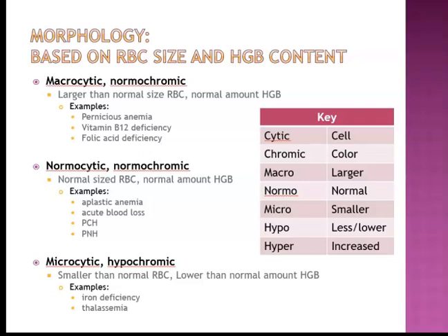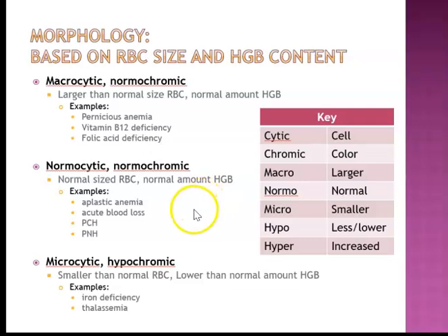Next up, we have our normocytic normochromic. If you break those words down into parts, normocytic would be a normal cell of normal color. So a normal size red blood cell with normal amounts of hemoglobin. Because remember, the amount of hemoglobin in the red blood cells constitutes the color of the red blood cell. So some examples of this type of